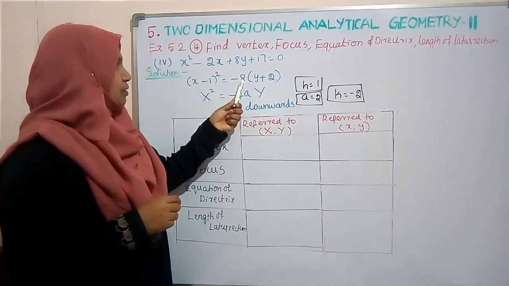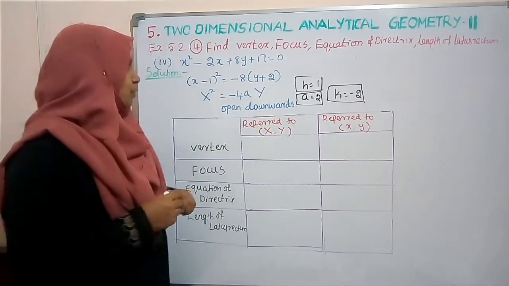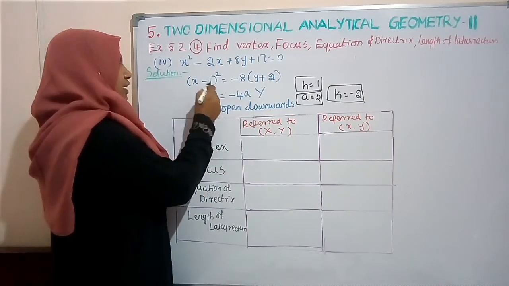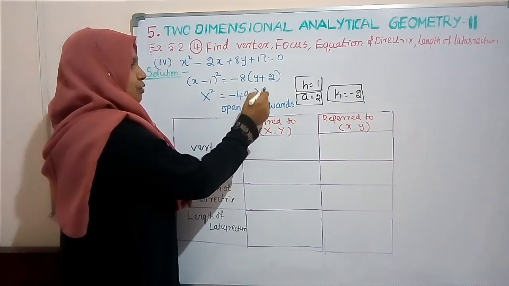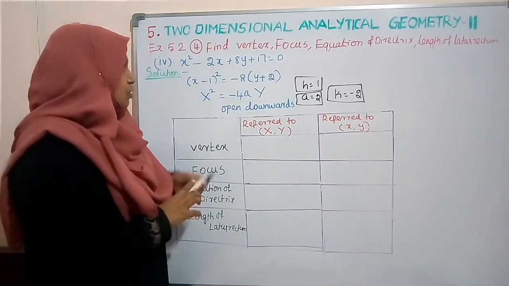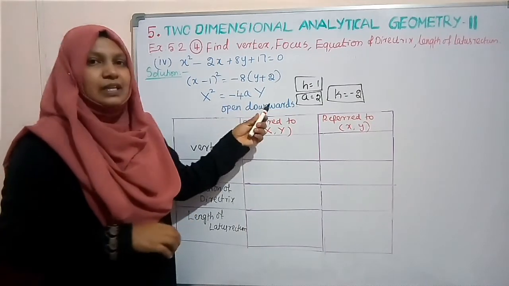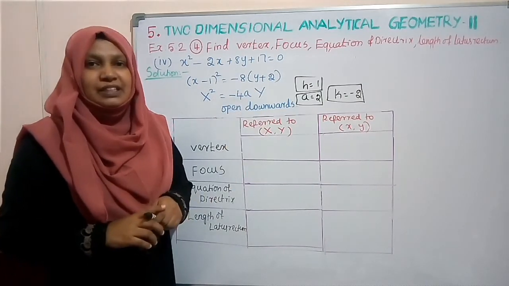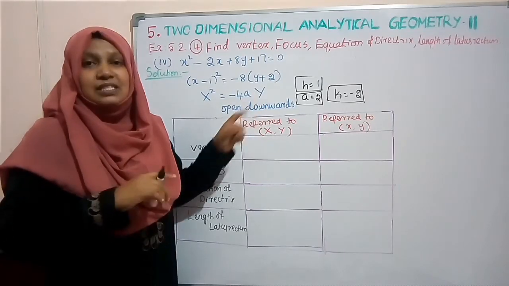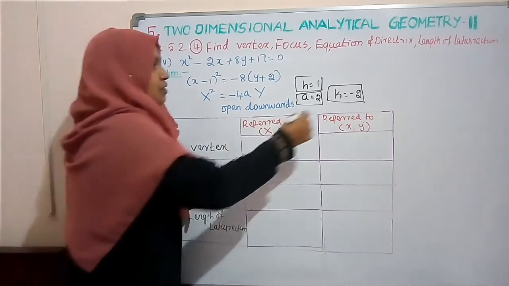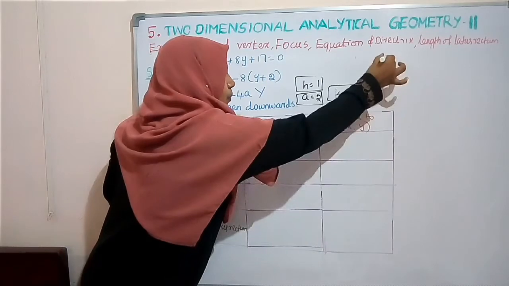(X minus 1) the whole square is equal to minus 8 into (y plus 2). Since here we have x minus 1, I wrote capital X. Here y plus 2, I wrote capital Y. So it is in the form of X square is equal to minus 4aY. X square equal to minus 4aY means minus Y, so it is the negative side of the Y axis. So our parabola is open